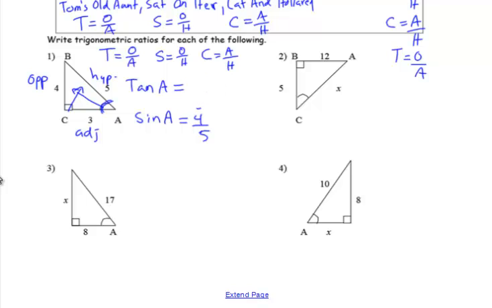Okay, I was thinking sine. Tangent is the opposite over adjacent. Hopefully you caught that. The opposite is 4. The adjacent is 3. Now the sine, that is opposite over hypotenuse. And the last one, the cosine, which you abbreviate cos of A, cosine is